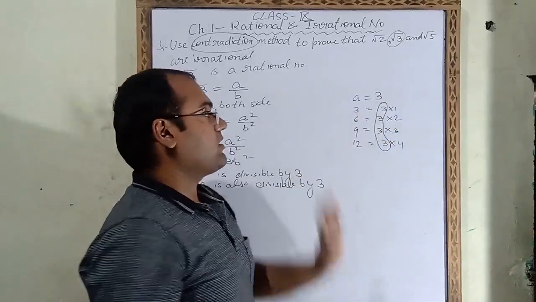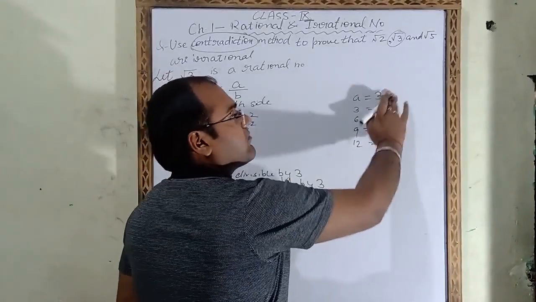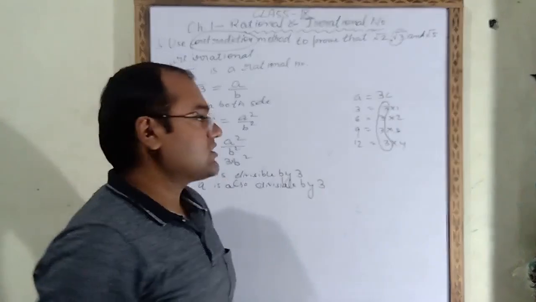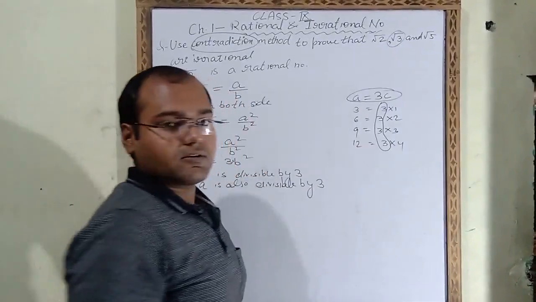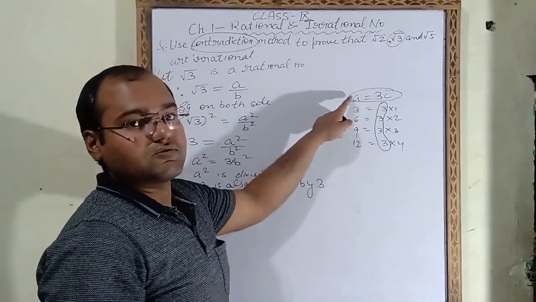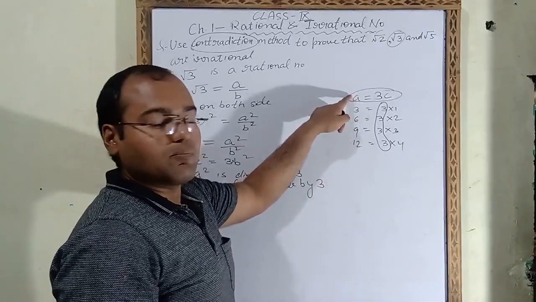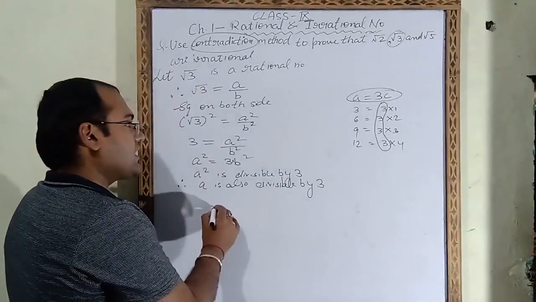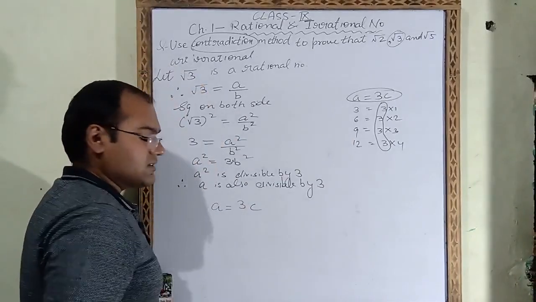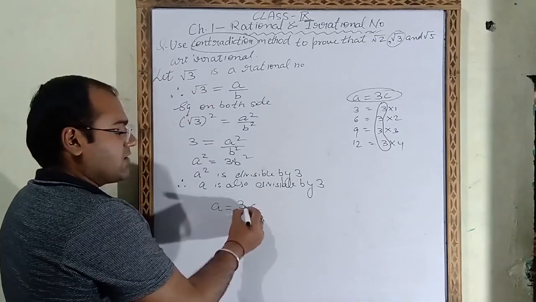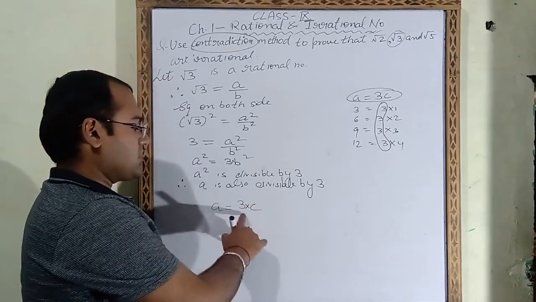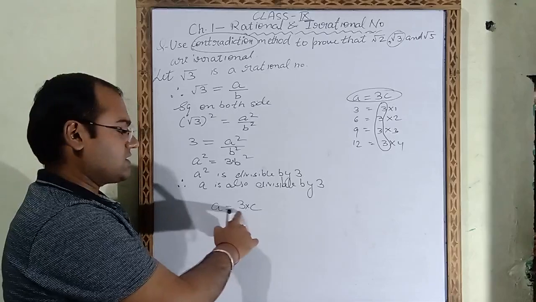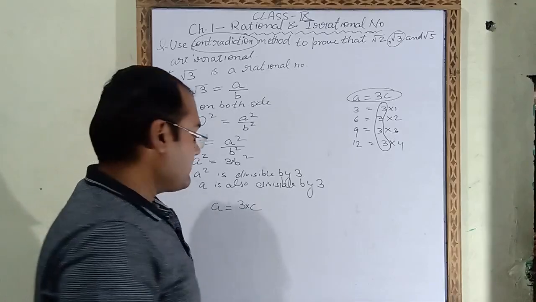So what we will do? We will give one alphabet here. a and b alphabets I had already taken. So this time I will take a new alphabet c. So this equation I had prepared for a. This number a is divisible by 3, and that equation is a is equal to 3c. Here no sign is there, that means it is multiply. That means a is coming in the table of 3, because here we are getting 3 multiply c.